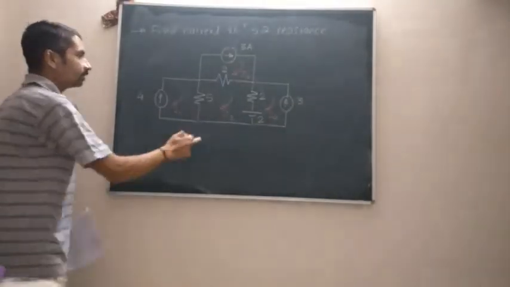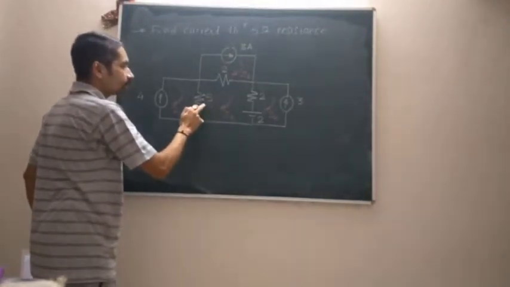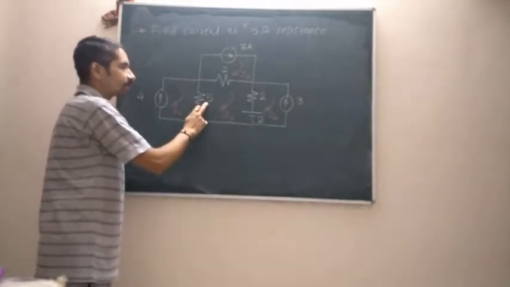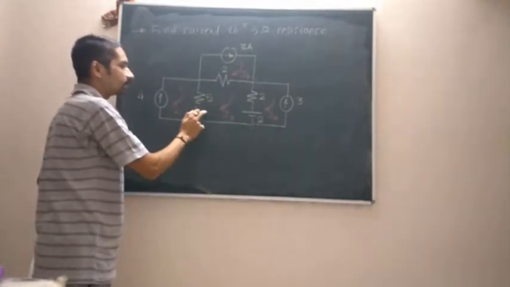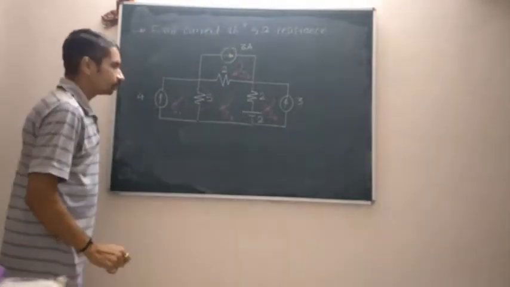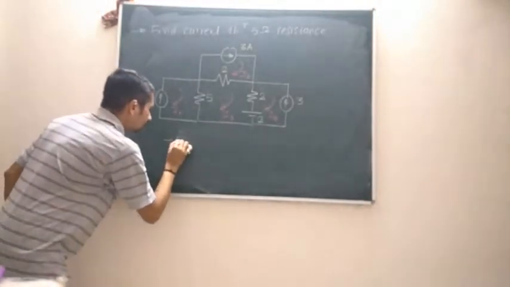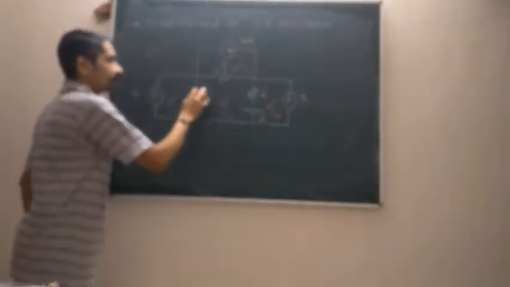If I apply KVL to this loop, the resistor in which we are interested is common between loop number 1 and loop number 3. So, as a basic principle which I told you already, the voltage drop across this 5 ohm resistor I will write down as